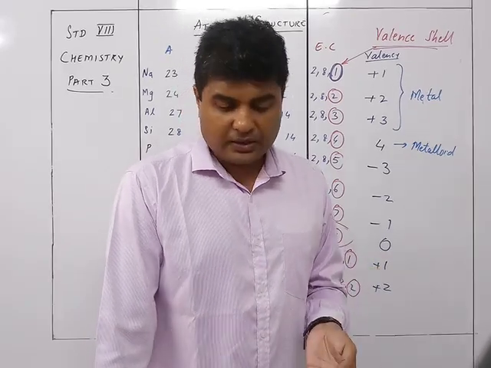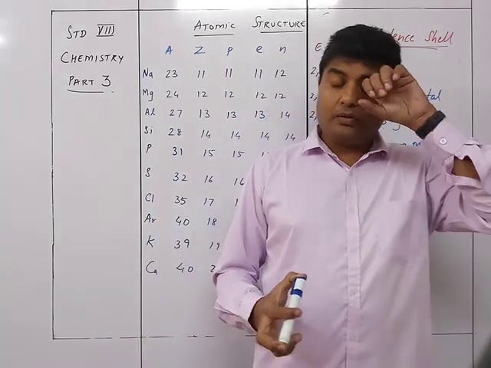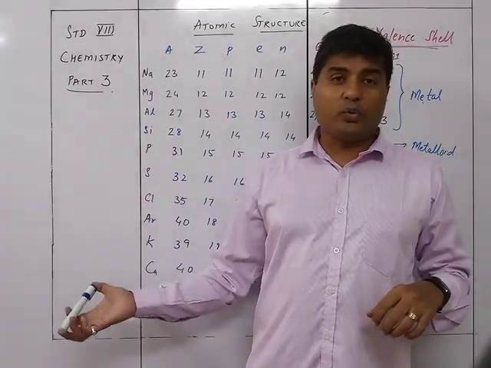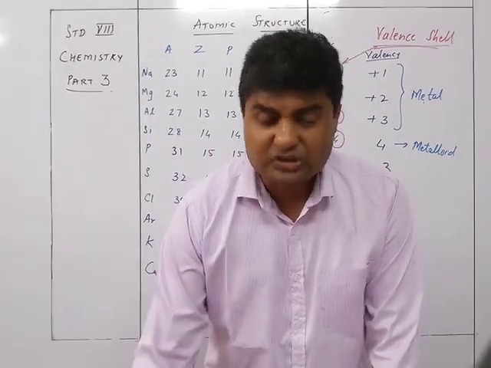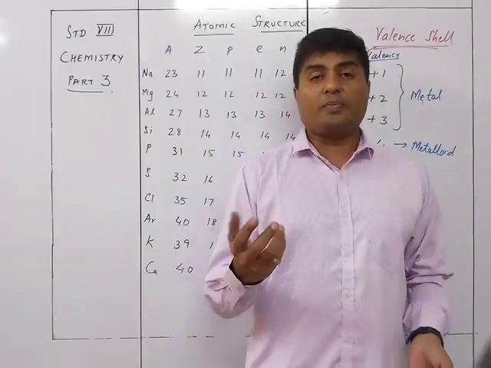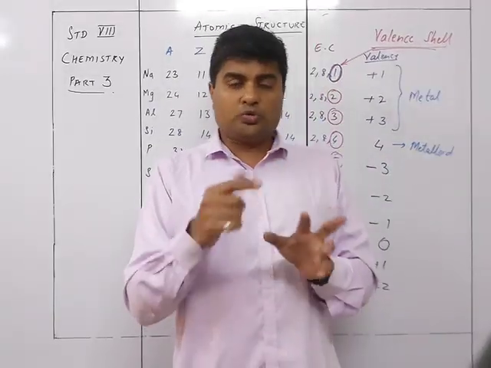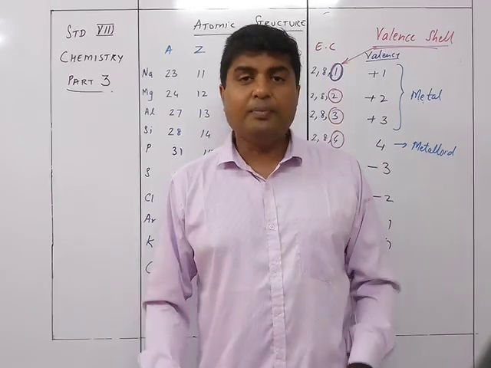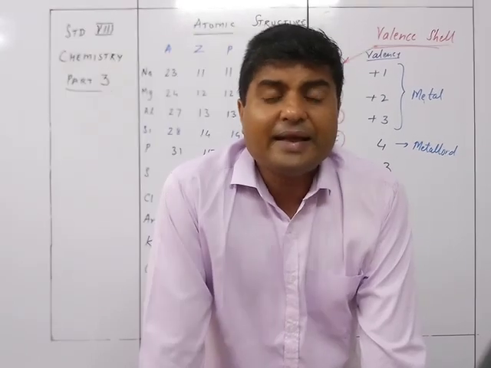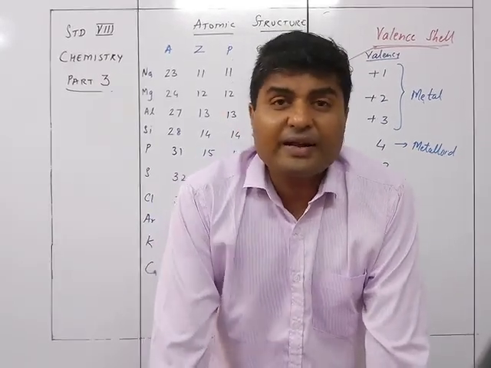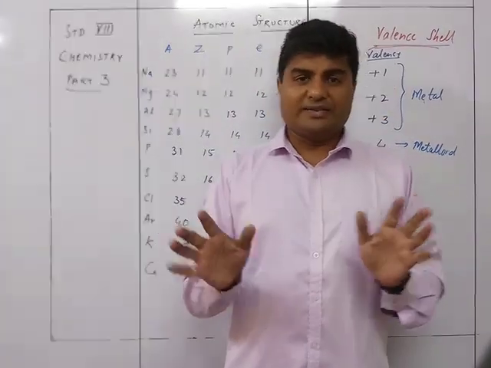That is a metalloid. So you can see in the first 10 also, this was from 10 to 11 to 20. So from 1 to 10, hydrogen has got a valency plus or minus 1, because it can either give away 1 and become 0, or it can accept 1 and become 2. So hydrogen has got the capacity to act as a metal or as a non-metal. If it is acting as a metal, then it will give away its electron, and if it is acting as a non-metal, it will accept the electron. Helium is a noble gas, so valency is 0.